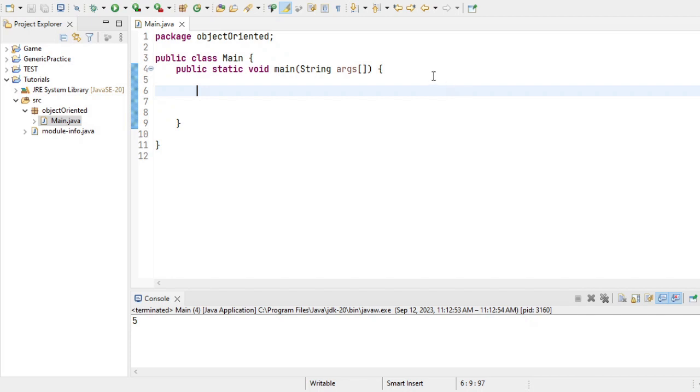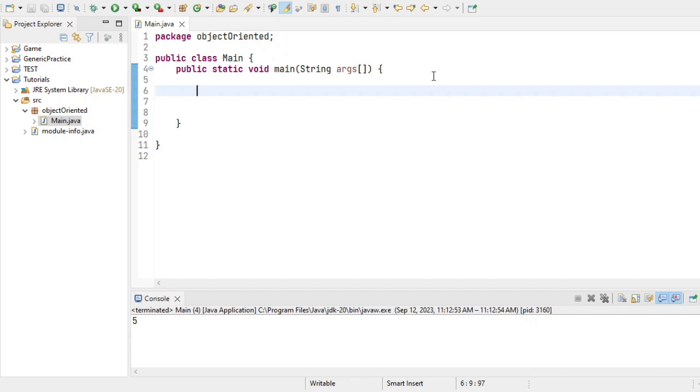So first of all, let's just understand what an object is. To understand object oriented programming, you need to know what an object is. So object is basically what the name suggests. Object is anything that you see in the physical world. For example, a book is an object, a pen is an object, your phone is an object, and similarly things that you don't see. So for example, a number, a variable that let's say stores a number, that is an